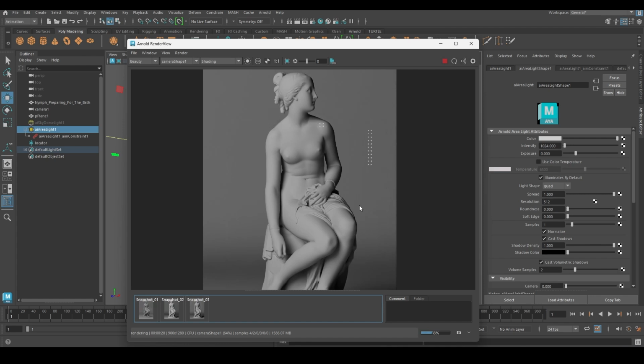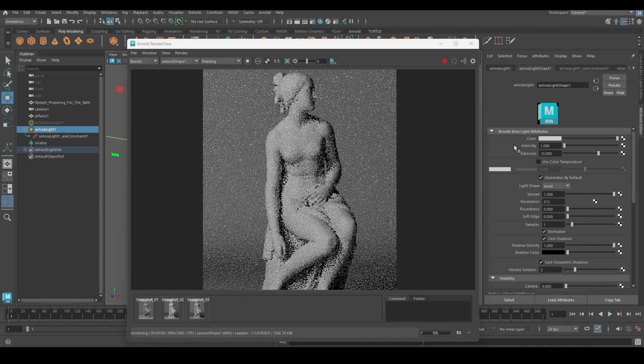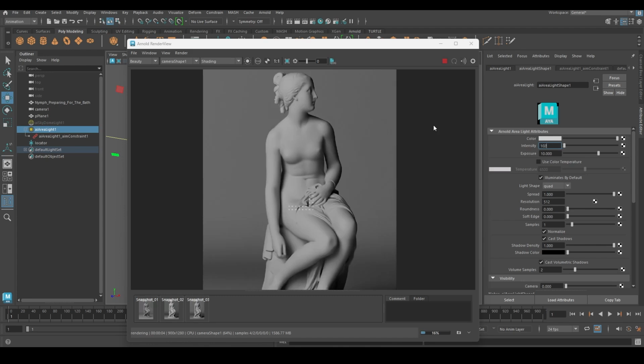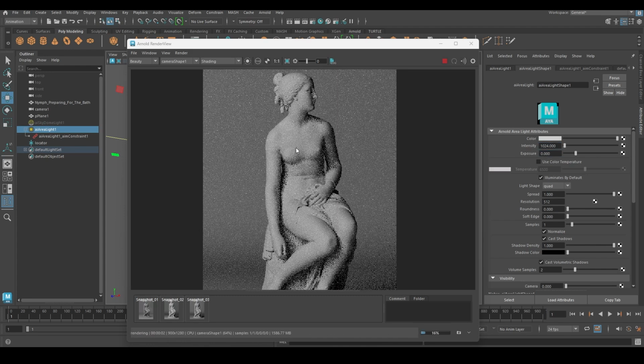So one other thing that I want to mention here is that we have seen that if you put intensity back to 0 and exposure to any value, you don't get the light, and if you put intensity to a value and exposure to 0, we still get light. So what is the difference? Since exposure is an exponential value, which means whatever value we add here is the exponent of the base value